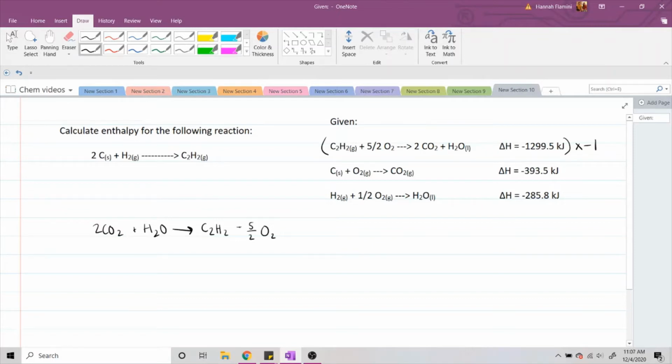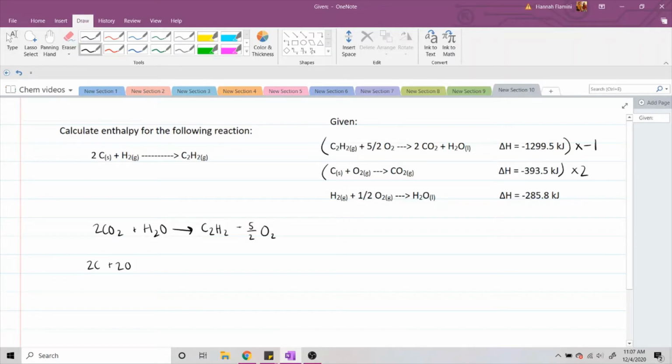Okay, so now let's look at the second one. We have carbon on the reactant side, which is what we want it to be on because carbon is a reactant in the main equation too. But there's a 2 in front of it. So I think the best thing to do would be to multiply this whole reaction by +2. We don't need to flip it or anything because carbon's already on the right side, but we want a 2 in front of it. So all of these terms are going to get multiplied by 2, including the delta H value. So doing that, we have 2 carbon plus